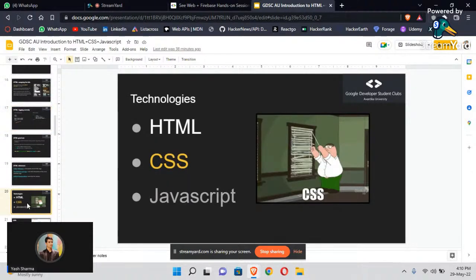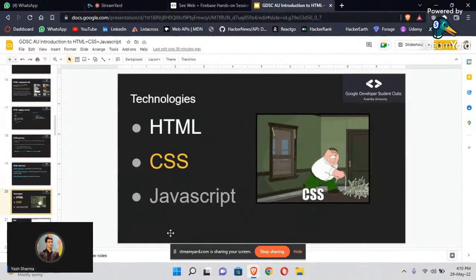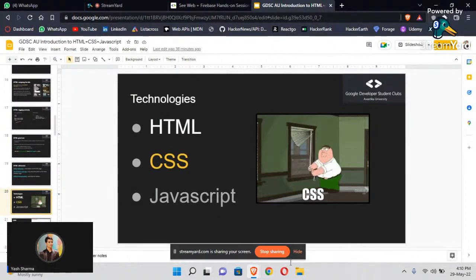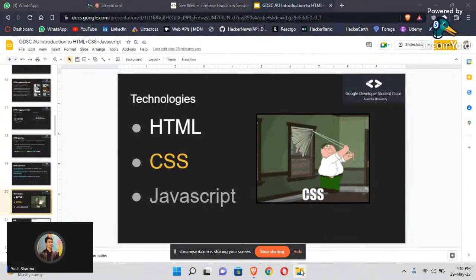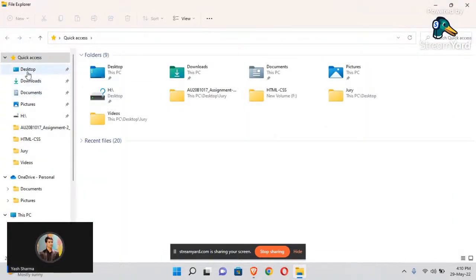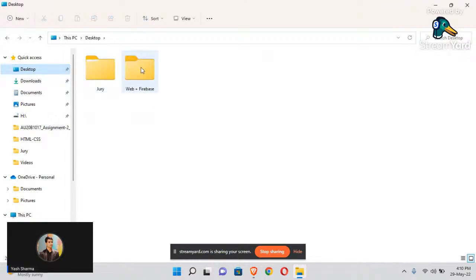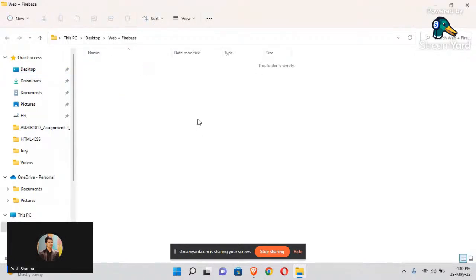Now let's talk about our next technology, which is CSS. Before talking about CSS, let us first dive into the Visual Studio Code and write some lines in HTML so that you can get a hands-on experience. What you have to do is you just have to create a folder. I have already created a folder on my desktop, like Web plus Firebase,